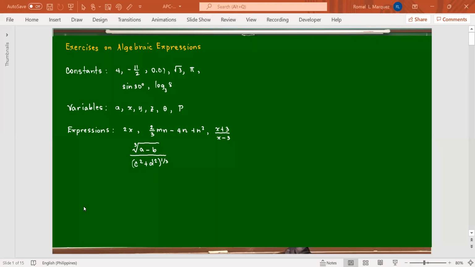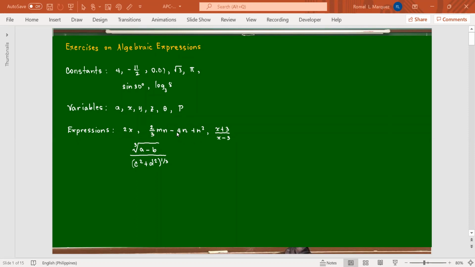So when you say an algebraic expression, it is an expression that is either a constant, a variable, or a combination of constants and variables connected by a finite number of fundamental operations. Addition, subtraction, what else? Multiplication and division. So including, of course, raising to a power and extraction of a root. Okay? Now, in algebraic expressions, notice that